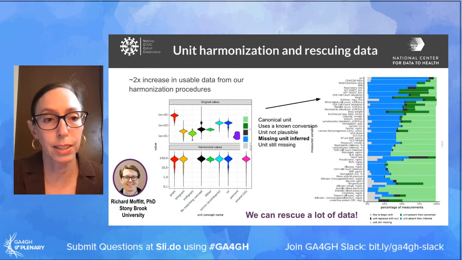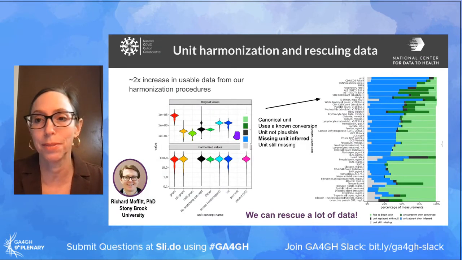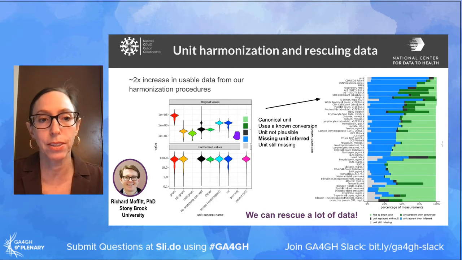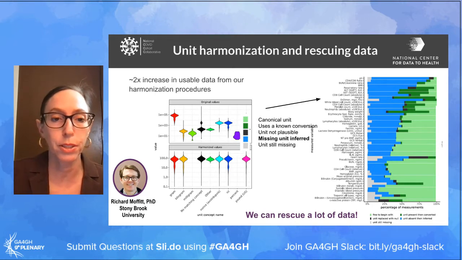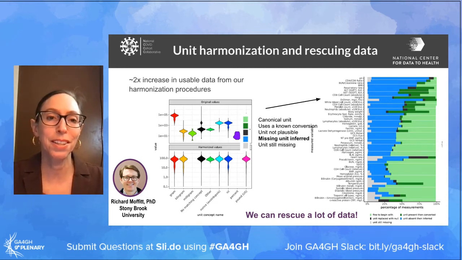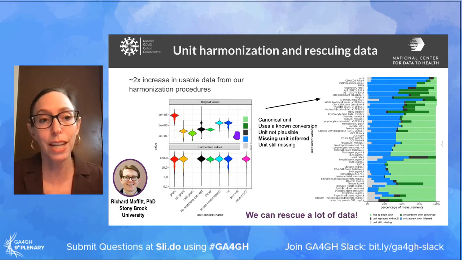This is a much more complex example, and there are many different types of examples that we don't have time to go into today. But again, I just want to illustrate the power of having the actual patient level data for improving the quality of the data for the types of analytical applications that we are in desperate need of in the face of this new disease. This work was led by Richard Moffat at Stony Brook University with a large team of collaborators helping prepare the data. And so, one of the things that we've noted is that despite the fact that all of these data sources from these institutions are already theoretically running all of their data quality tools over their common data model resources that they have in their